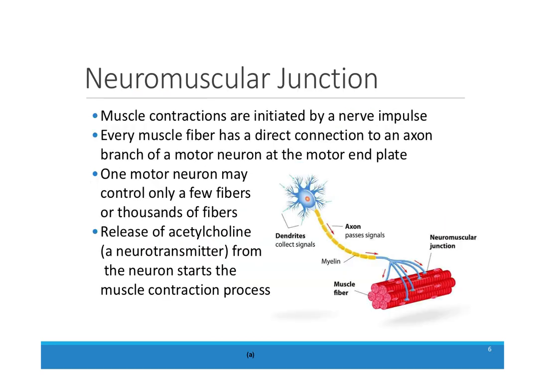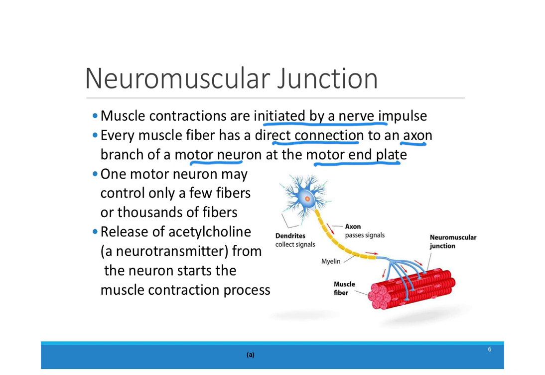This is all controlled by the connection between the muscle and the nervous system, which is known as the neuromuscular junction. So muscle contractions are initiated by a nerve impulse coming to them, because every muscle fiber has a direct connection to the axon, the end of a motor neuron. Each muscle fiber has one place that's known as the motor end plate, where there's a touch from a motor